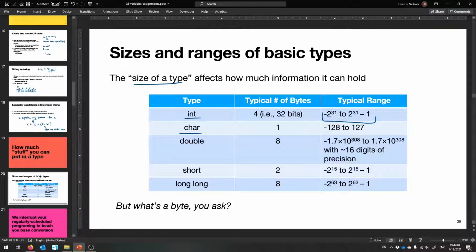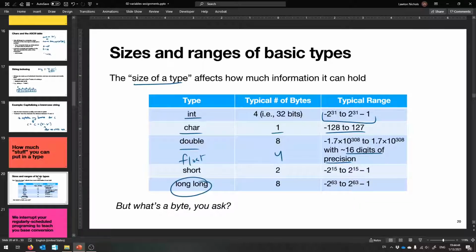Whereas char is fewer bytes, and it can represent things, well, if you convert them to numbers, that is, it can represent much smaller ranges of numbers. Doubles have double the amount as an int, and, well, they can store a lot of things, but they store those things in a different way, and that allows you to hold decimal places, and you get about 16 digits of precision in a double variable. There's also a float, and that's 4, and because double is double the float amount, that's why we call it that. Short and long,